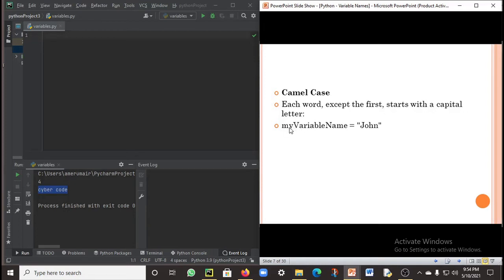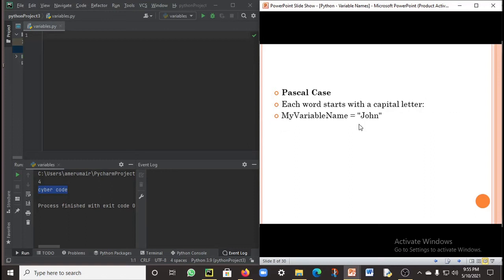In myVariableName, the first word my does not have any capital letter, the second word Variable has a capital V, and the third word Name has a capital N. So myVariableName is equals to John. It is a variable which is created when you assign the value John to it.